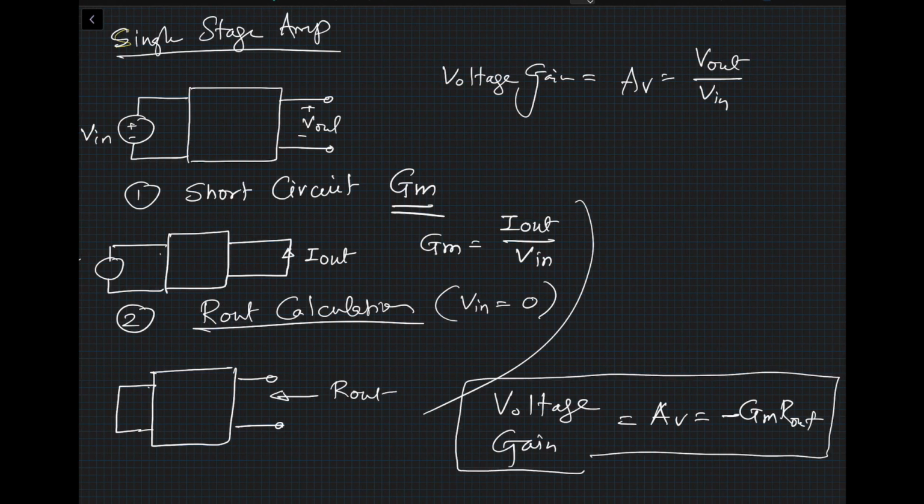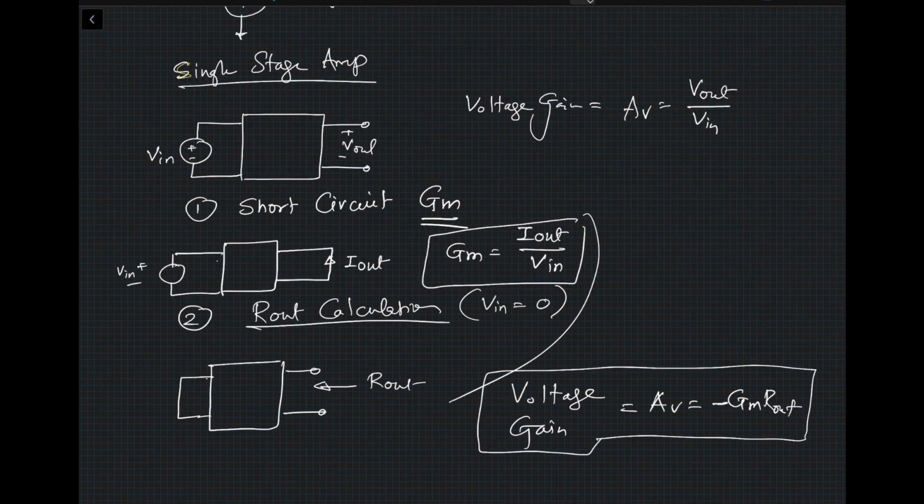This is a step that you can take to figure out any complex circuit. You can apply this theorem and figure out the gain quickly. I'm going to go through a couple of examples so that you feel comfortable about it. So what are the steps? First, you short the output and figure out the short circuit GM. I'm shorting the output and measuring the signal current in the output. We are only applying small signal AC inputs now. That would be the GM of the circuit, and then I would short the input to 0 and calculate the output impedance. GM times R out will be our gain calculation.